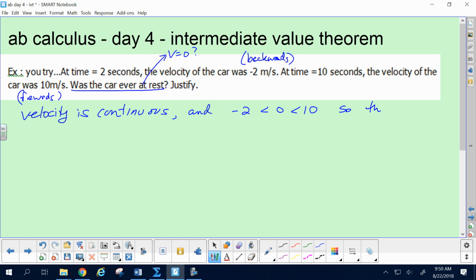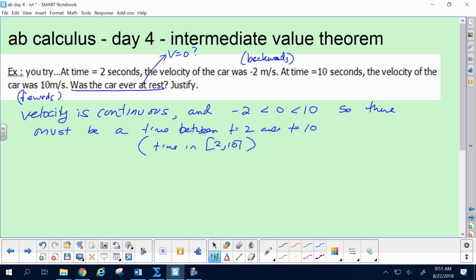So there must be a time in what time frame, between when? Yeah, so you could say between time equal 2 and time equal 10, or you could say something like a time in [2, 10]. Either one of those would work. But there must be a time between time 2 and time 10 seconds when,